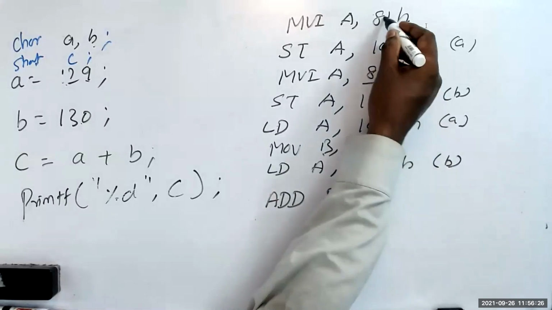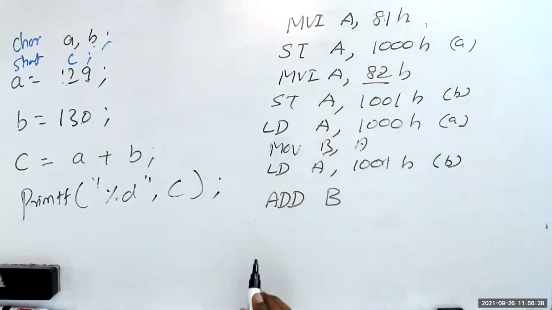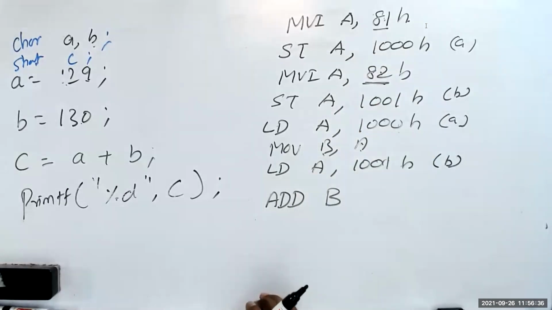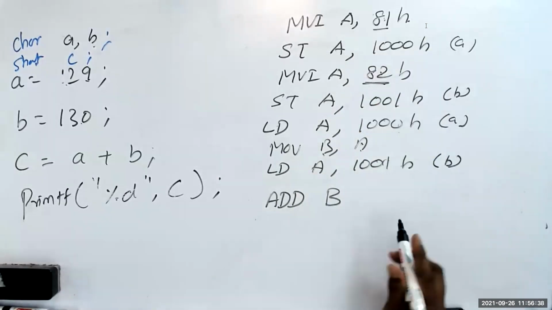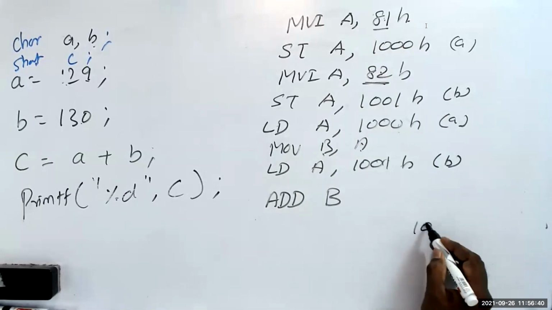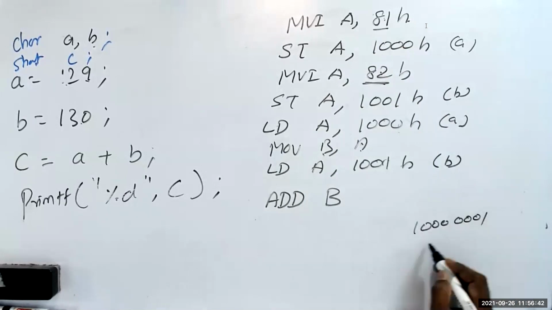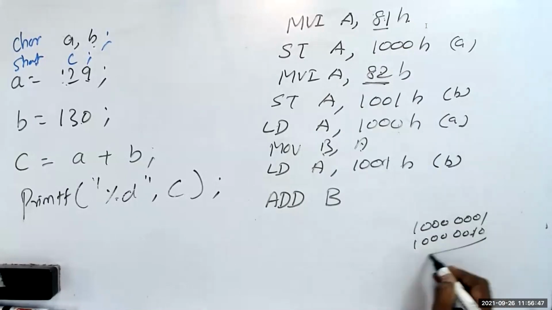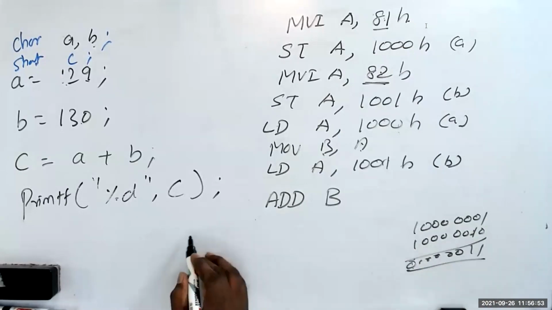A and B added means what? 81 plus 82. Am I right? So 81 plus 82 is what? 10000001 plus 10000010. I get 11